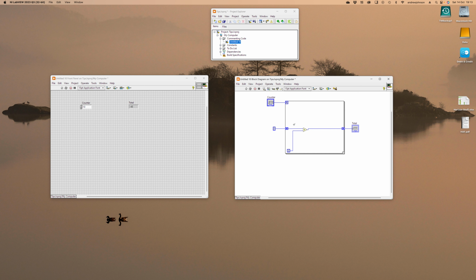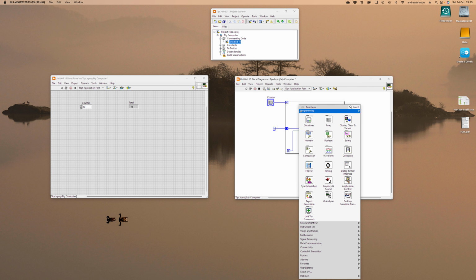So that is how I would comment out code. And if there was more than, say, 2 pieces of code I wanted to test out, say there was 3, instead of using a boolean to wire up the case structure